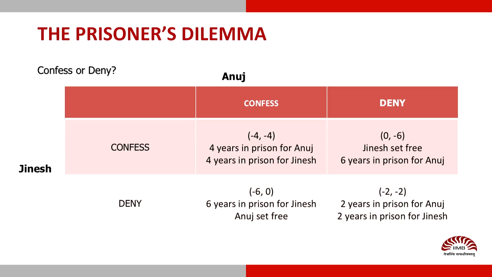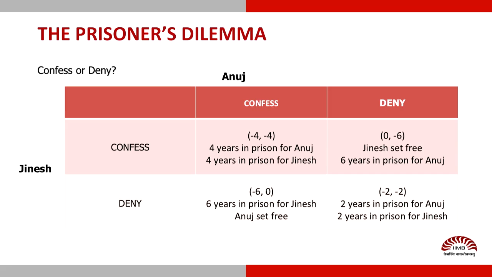Now, let us think about a situation like this. Anuj and Jinesh are two small time criminals, and the police have caught them, but they do not have sufficient evidence. So, they have to try and get them to confess. Let us suppose Anuj and Jinesh are taken to different rooms and they are given these options, that they have only two options, either to confess or to deny, and they are told that if they both confess, then